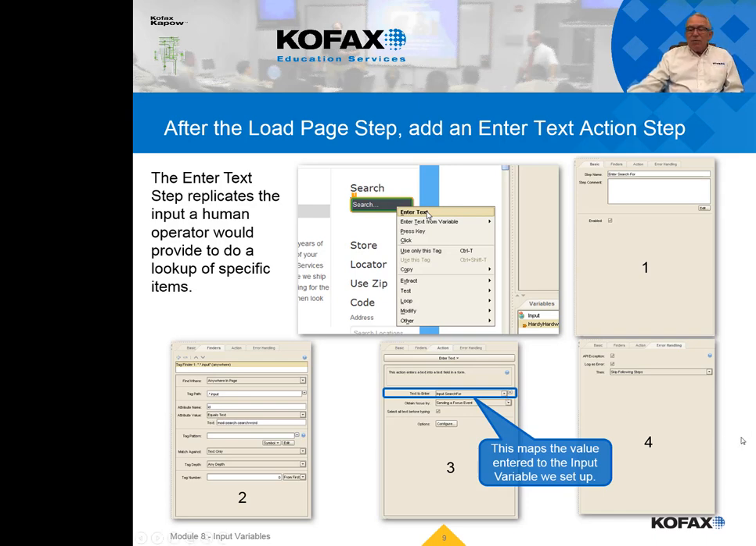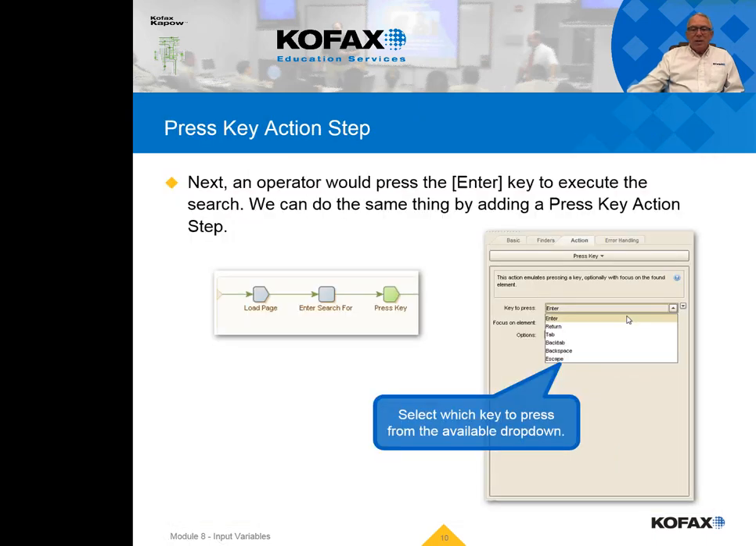Okay, and then the fourth tab here, error handling, we just left alone. All right, now we've entered the text, and as you pass the step, you will see this in your browser. The next thing an operator would do is they press the enter key to execute the search, right? So what we're going to do is we are going to